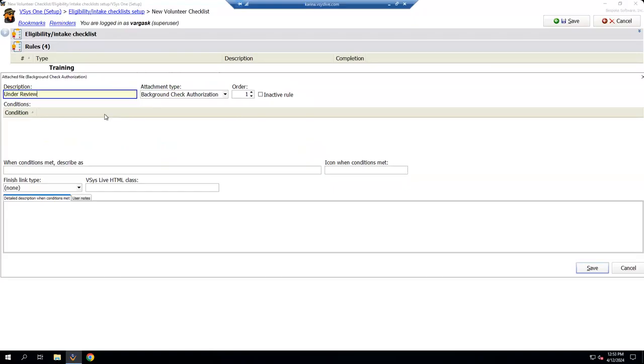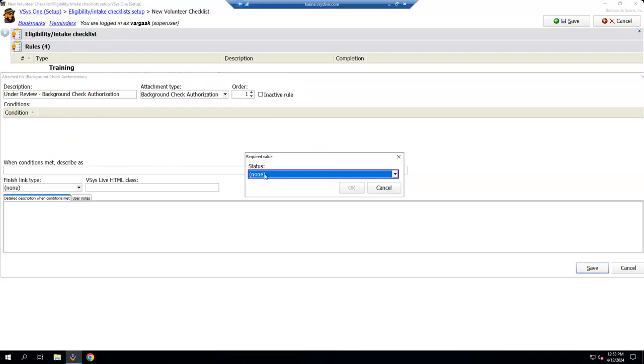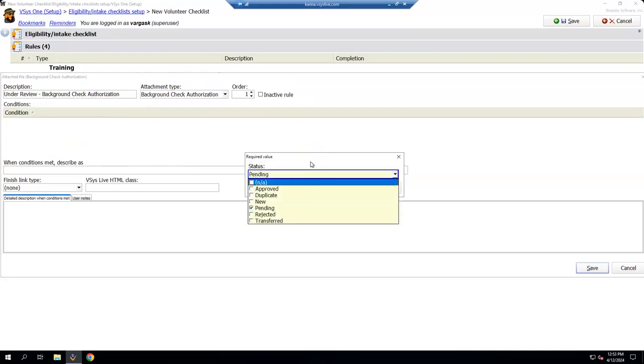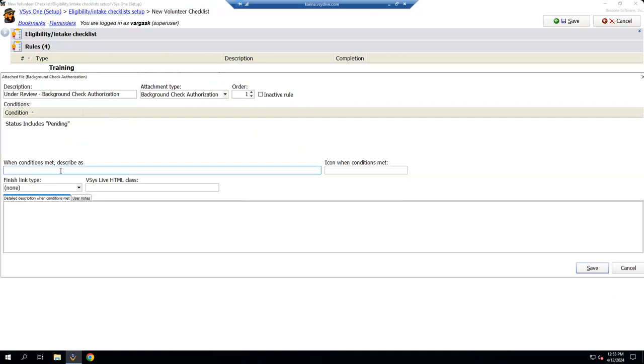I'm going to title it under review, and it's my same document, background check authorization. I'm going to say when it is uploaded and in their profile, but with the status of pending, say this to the volunteer. You can put some wording like file received,